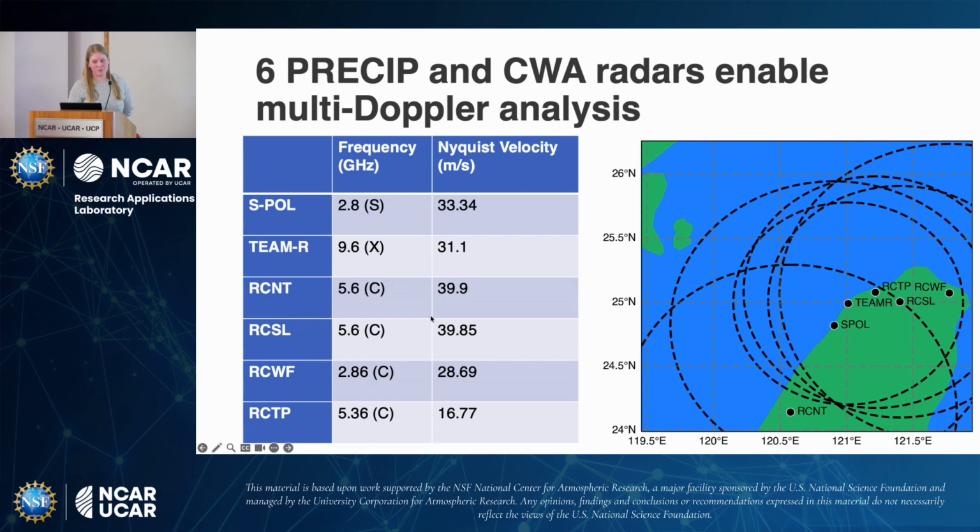The nice thing about all of these radars was they had fairly high Nyquist velocities, so we didn't have to do any de-aliasing. The one exception was this RCTP radar, which had a Nyquist velocity of 16 meters per second. So I had to face my fears of Solo and go in and de-alias. I used a mix of Py-ART's region-based de-aliasing and then had to go fix things with Solo. And that was not fun. For anyone who's used Solo, I apologize if you've had to suffer through it. But otherwise, thankfully, I did not have to de-alias a lot of the data.